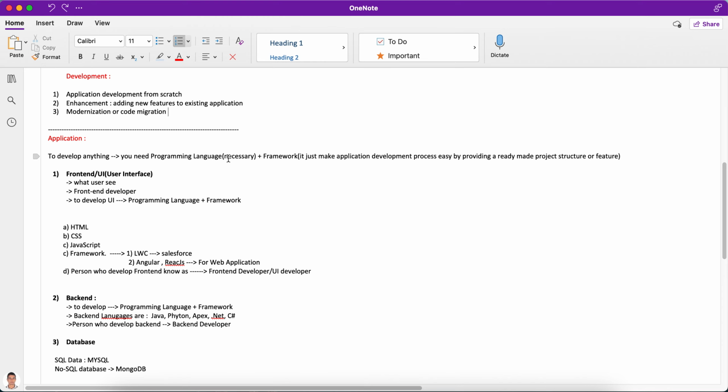Without knowing a programming language, you cannot develop anything at all. So you should know a programming language. This is a compulsory part. Apart from that, you need a framework. So what is a framework? In very easy words, we can say a framework is something which helps application development, which makes it easy